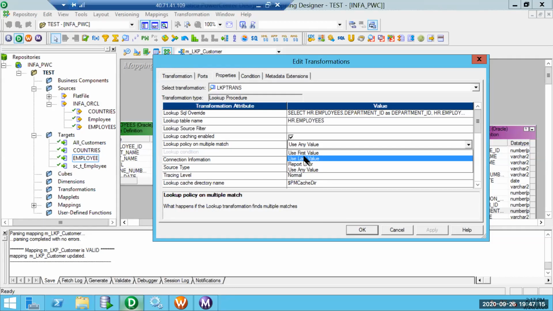Whatever is on the top is an inactive record. In case of SCD2 implementation, we are going to store history. So we might have a record valid till January 2020, and in February 2020, we might have another record valid. Like that, the record which is active will be at the last, it cannot be in the beginning. So that's where use last value is a meaningful thing, because it is an active record.